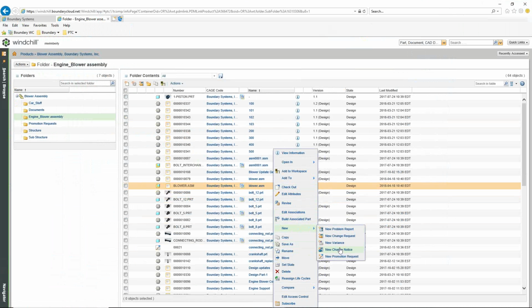A problem report is optional, because a problem report can be executed. If it's a onesie type thing and it doesn't need to go any further, then that process gets killed right there with the problem report, and it doesn't need to go into the change request. So the problem report is an optional item. Once again, it's just kind of an evaluation piece of it. Hey, take a look at this. We ran into this problem. So we're going to go ahead and do that right now. So select create a new problem report,